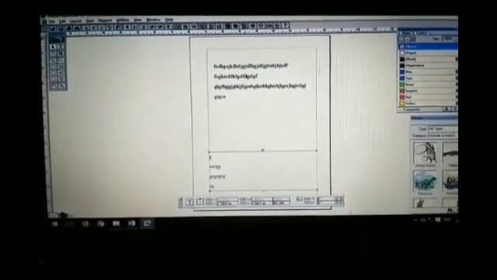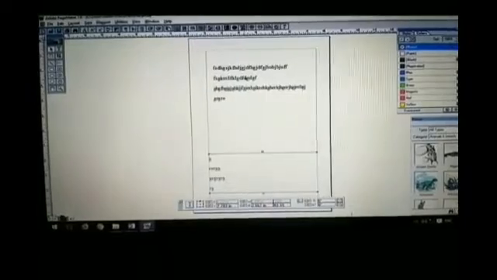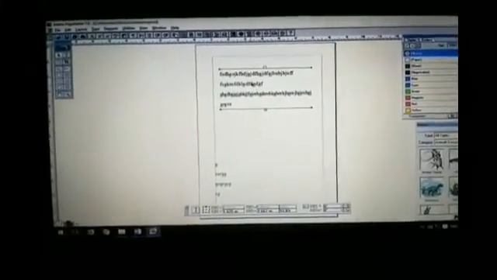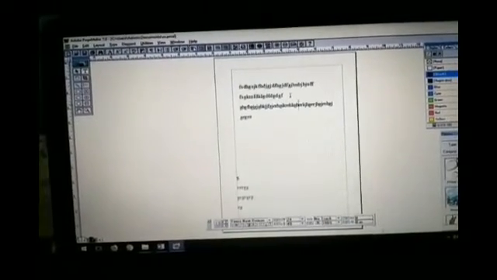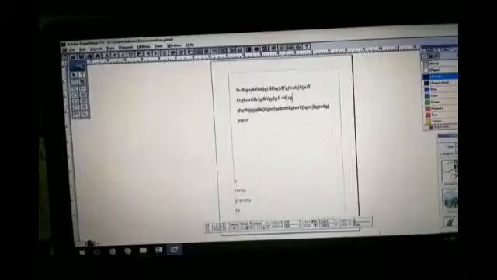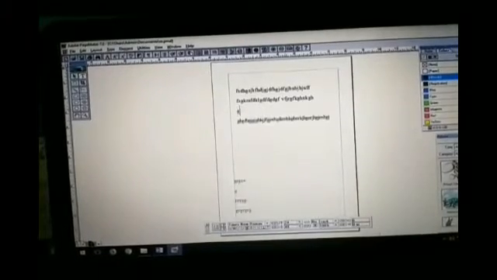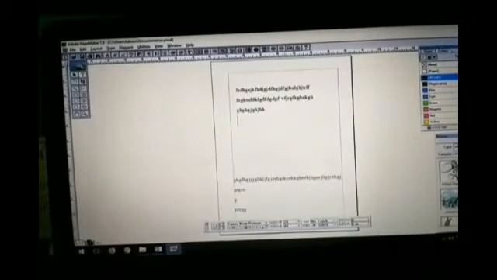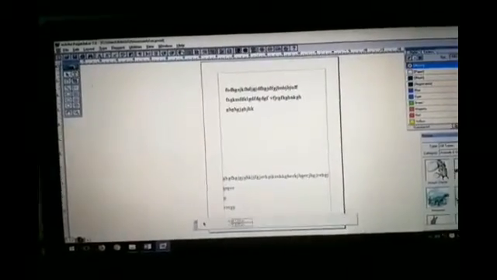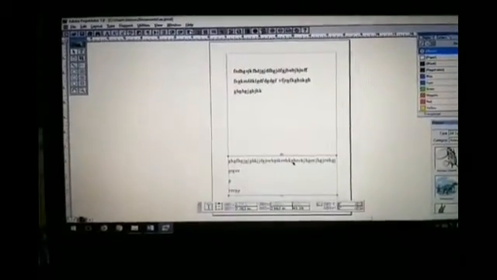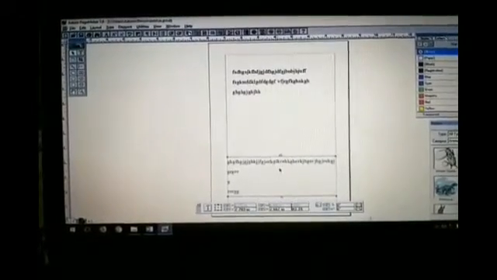That is the advantage in this PageMaker. While we are adding text to our first block, when it gets overloaded, it will automatically add it to the second text block. You can see here, this second text block got added. So the first text block and second text block got connected.